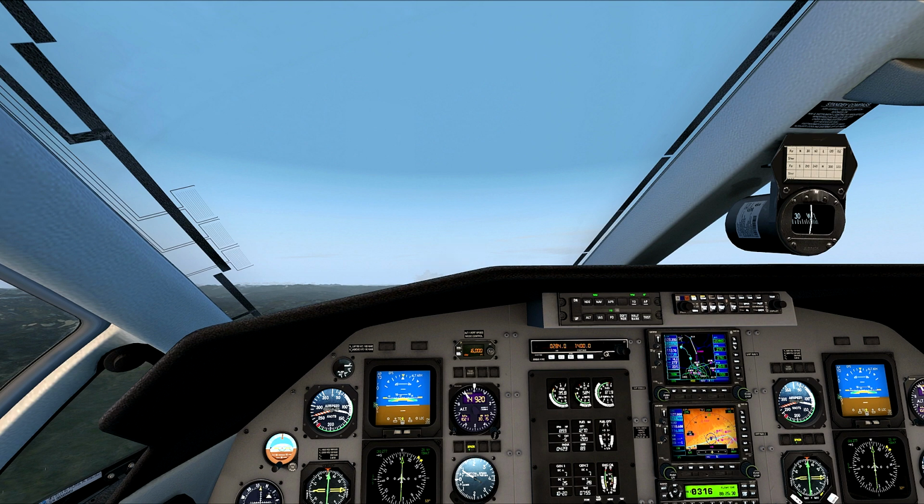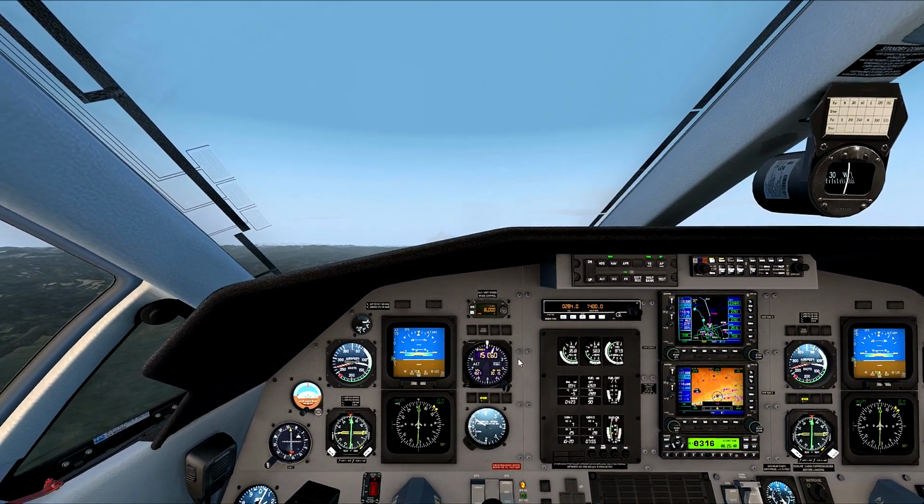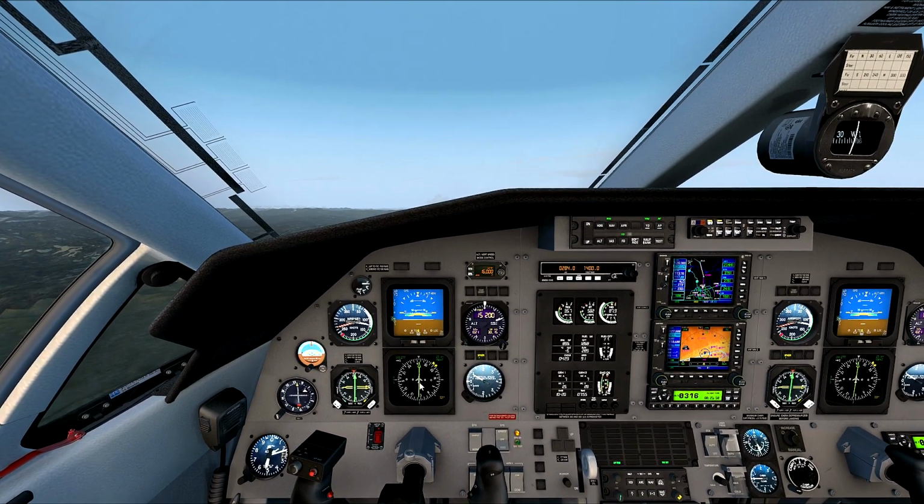HRS system. That is basically an upgraded version of the mechanical gyros that have been favored in the past for the attitude indicator and the heading indicator, the DG, directional gyro, the attitude gyros. So basically it uses fiber optic rate gyros, micro-mechanical accelerometers to provide a composite source of pitch and roll and heading information for the EFIS, the Electronic Flight